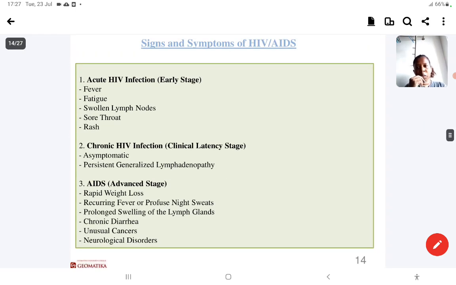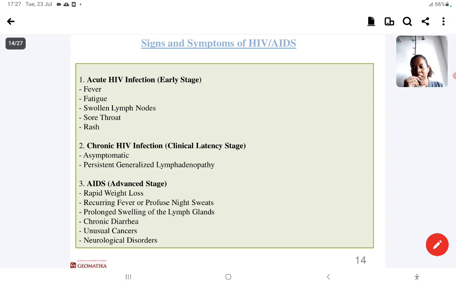Okay, next we move to the signs and symptoms of HIV and AIDS. First will be the acute HIV infection. This one is the earlier stage. So in this stage we can get signs and symptoms like fever, fatigue, swollen lymph nodes, sore throat, rashes. The second one will be the chronic HIV infection, which is